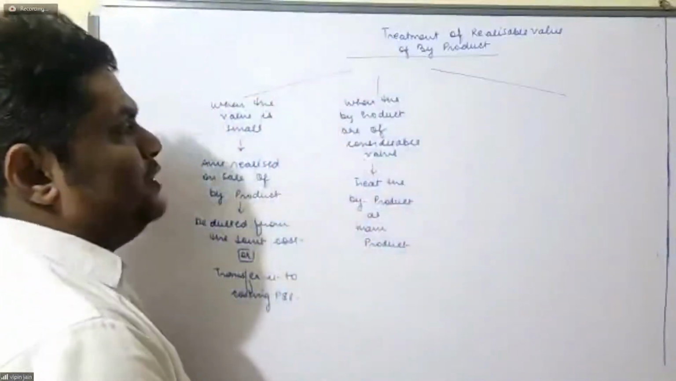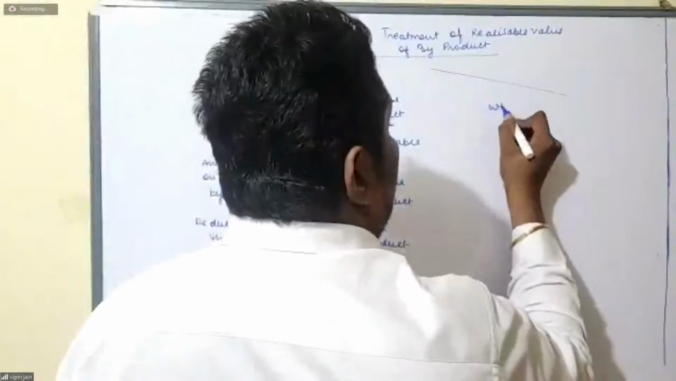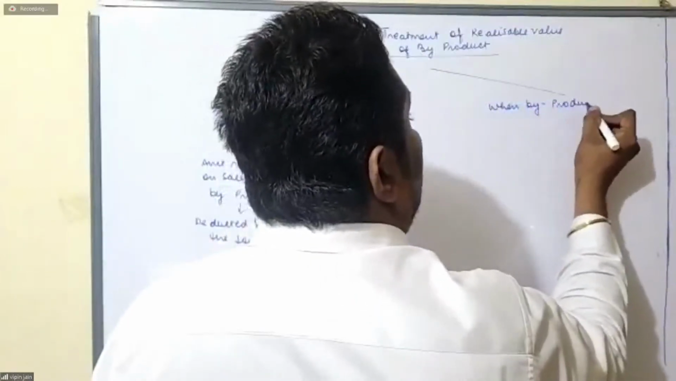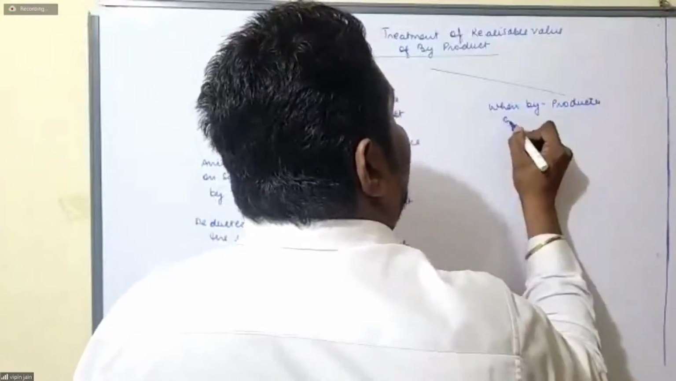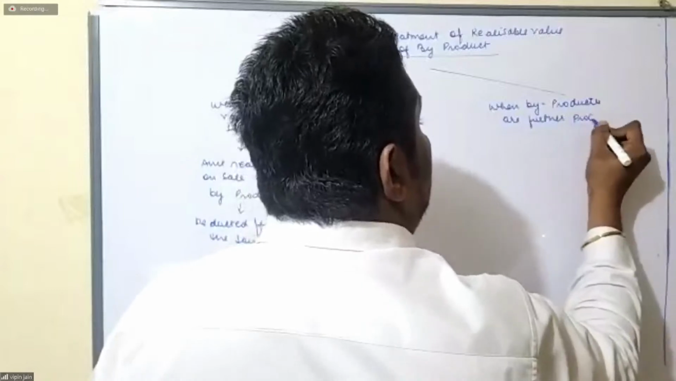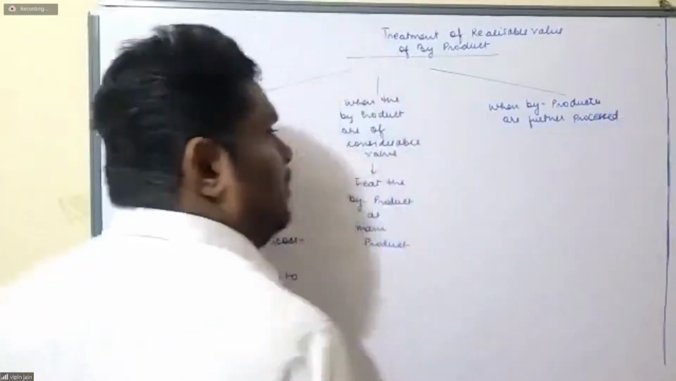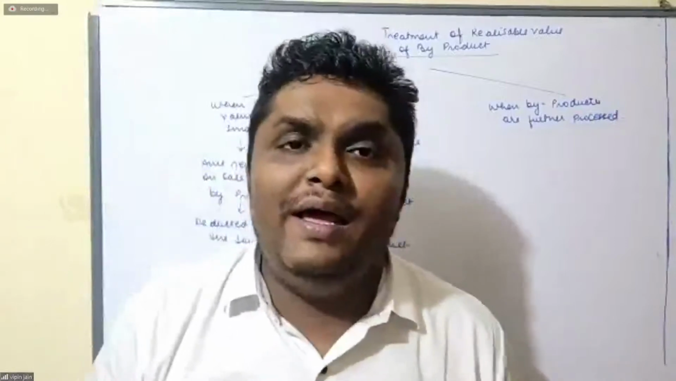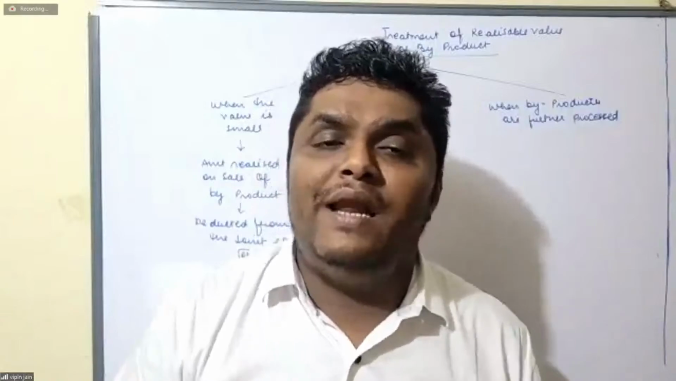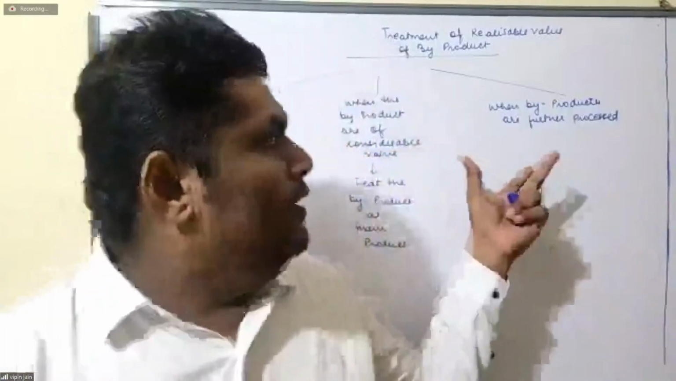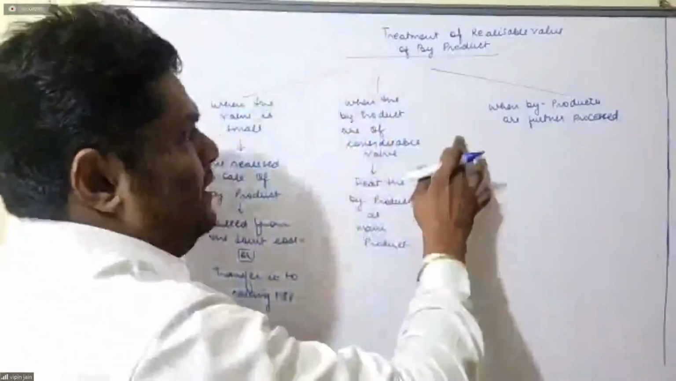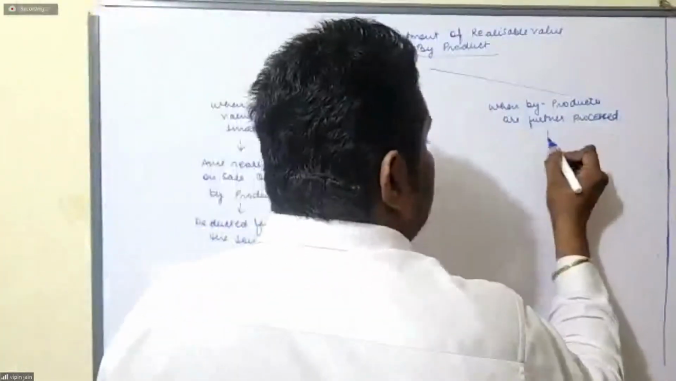treat the byproduct as the main product. Now, one more situation when byproducts are further processed. Whatever byproduct we are getting, there is no active market of that byproduct. However, we are processing further these byproducts. Now, so when the byproducts are further processed,